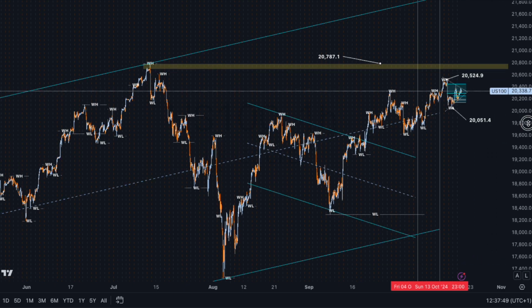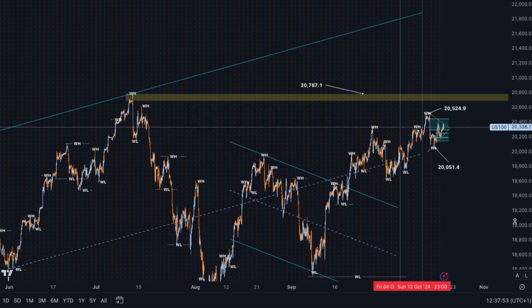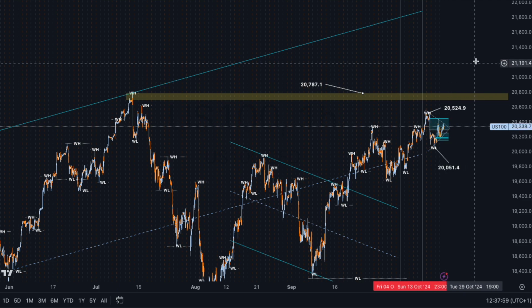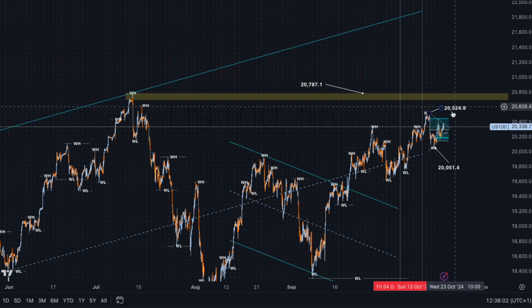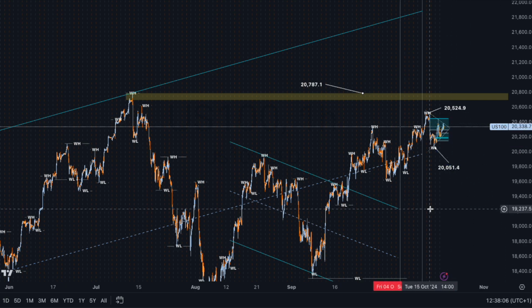So for next week, what I basically think is this, right? Yeah, there is a high probability. There is a higher probability that if there is going to be a blow off, it's going to be in the upwards trajectory more so than towards the downwards trajectory. Why? Because I actually believe that this little